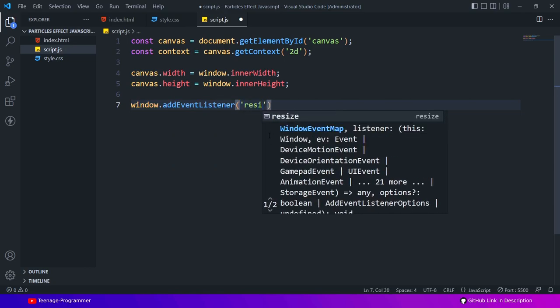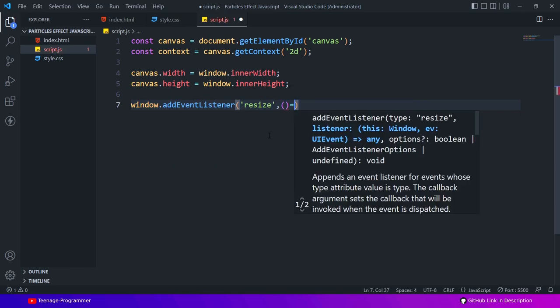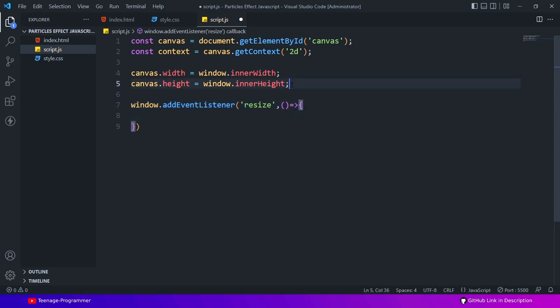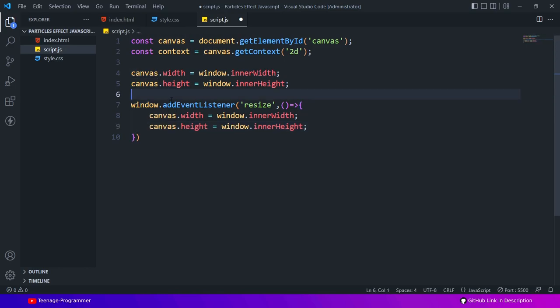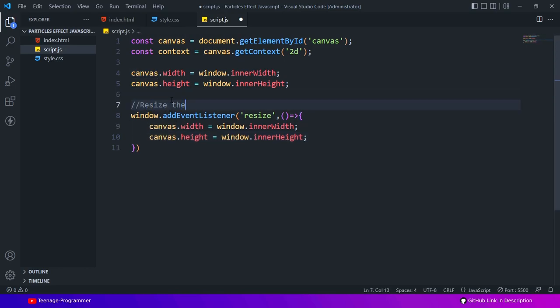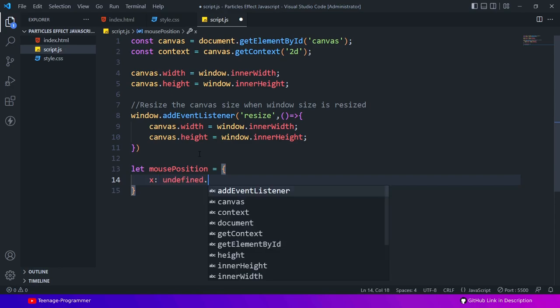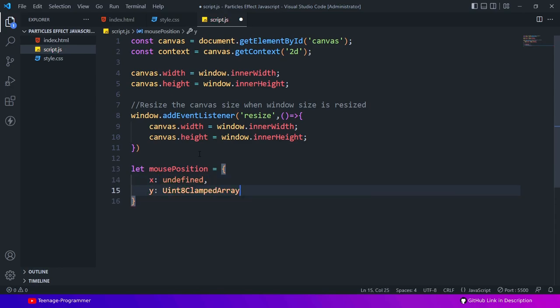Adding a resize event listener to the window to set the width and height of the canvas according to the window size. The mouse positions of X and Y will be stored here.